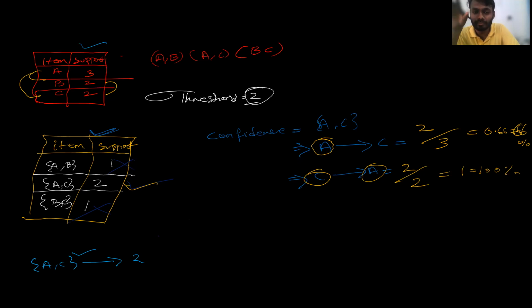But here the confidence level will change. If you buy the chocolate, then that combination will come, and that person's confidence level is 100. The minimum confidence level is 50%. Who is giving the best confidence level? This one, the 100%. So this is the one we choose. Now clear?